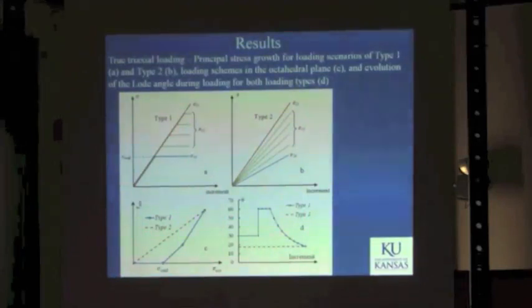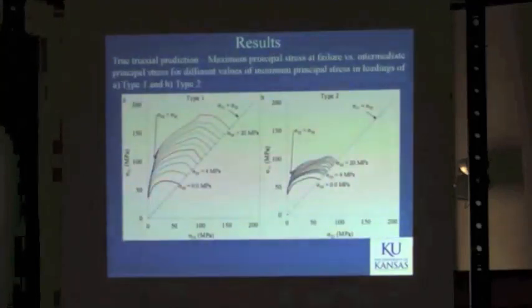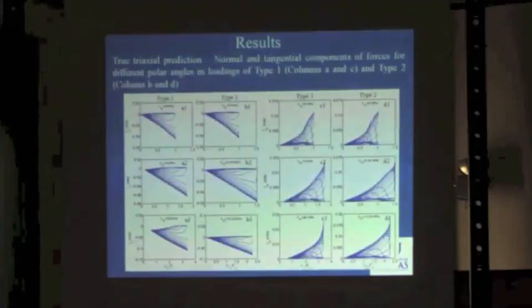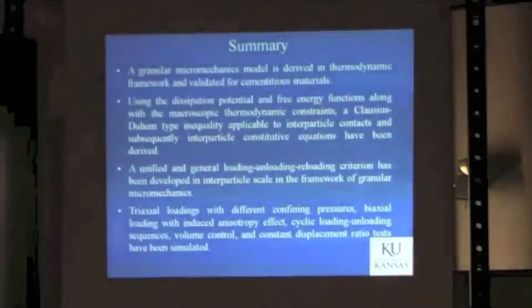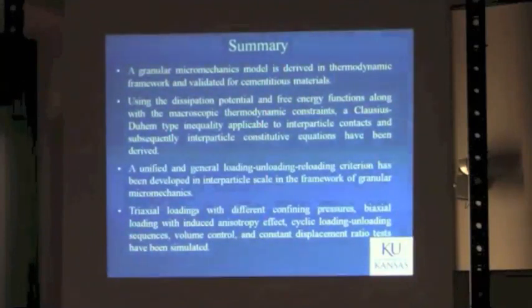If we want to look at load angles, the load angles go through a lot of variation. In this type 2 loading, which I've not seen many results about, the load angles remain constant. And again, you will see dramatic differences in the failure behavior, right? Like I said, all this can be traced to what is happening at the micro scale. So to summarize, we've talked about a granular micromechanics model, fairly simple, derived in this thermodynamic framework and validated, and it can capture many phenomena that these materials exhibit